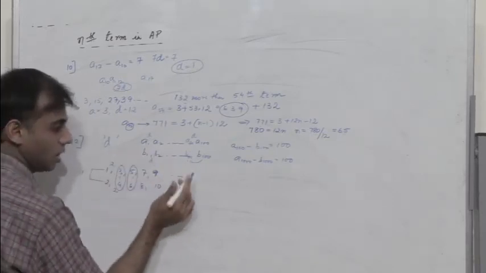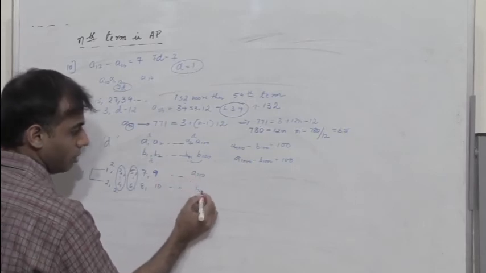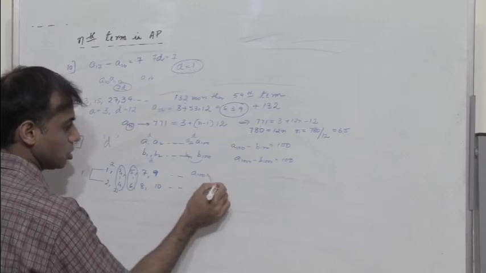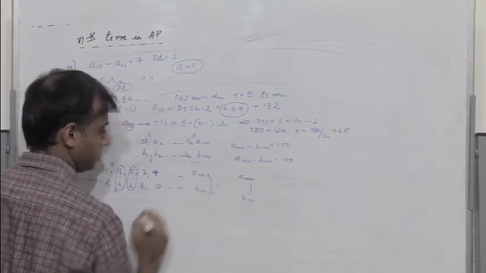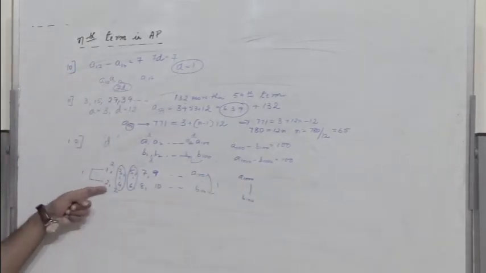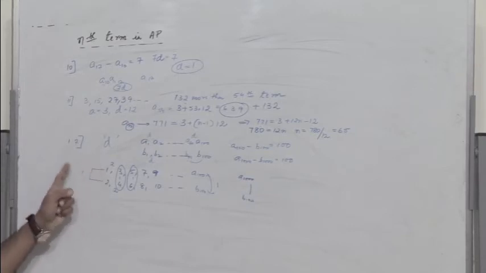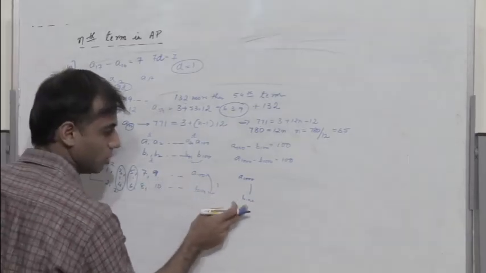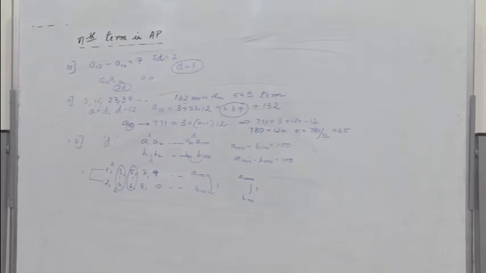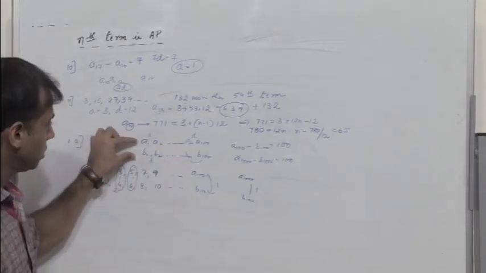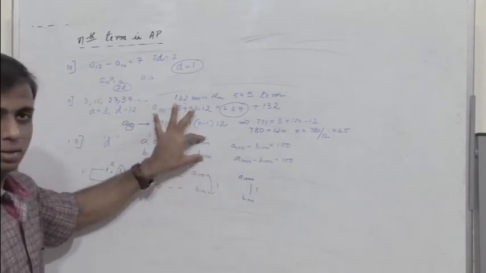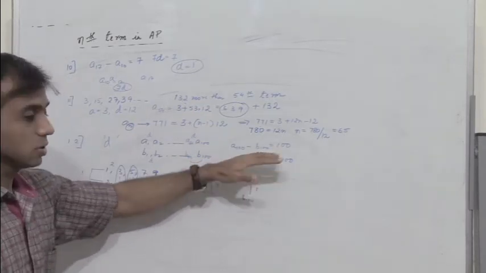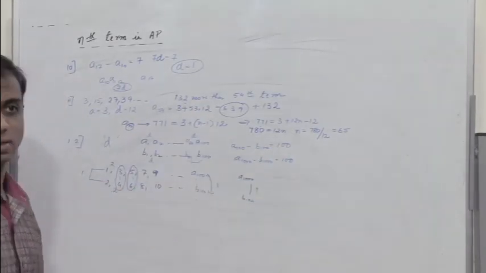So if I consider their 100th terms, A100 minus B100, the difference will also be 1. And if I consider the 1000th terms, the difference also will be 1. So B1 minus A1 is 1, B2 minus A2 is 1, B100 minus A100 is 1, so B1000 minus A1000 will also be 1. On similar lines, in this case, the difference between the two is 100. So the difference between A100 and B100 will be 100, and the difference between A1000 and B1000 will also be 100. So we're using the same logic here.